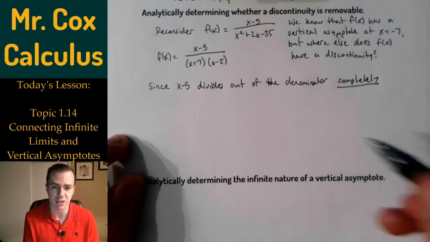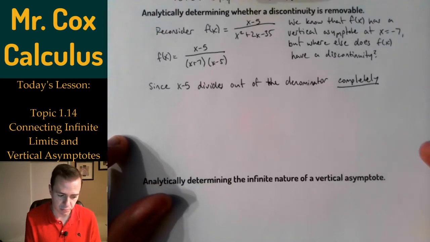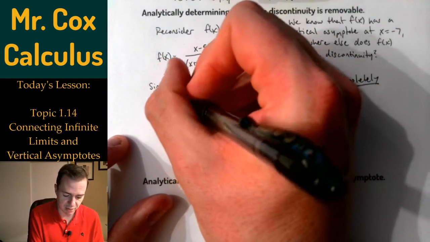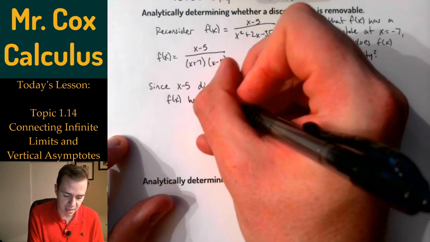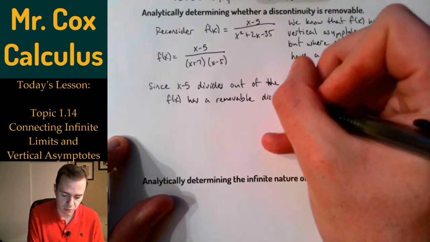I still have the discontinuity because of the way my function is originally, but it divides out completely. That tells us that f of x has a removable discontinuity